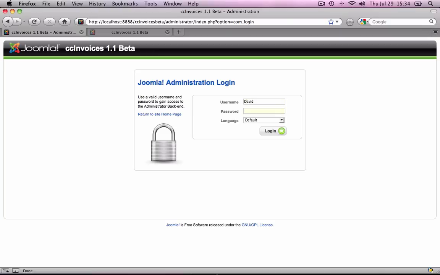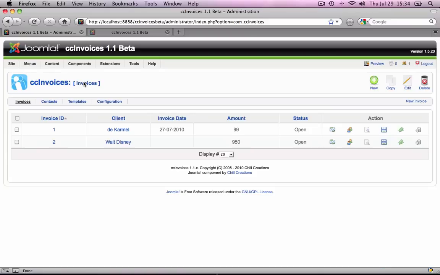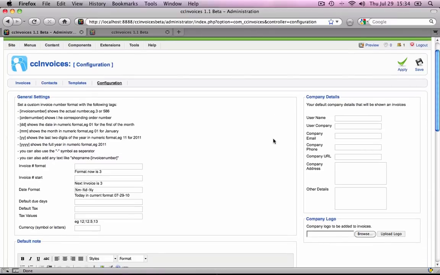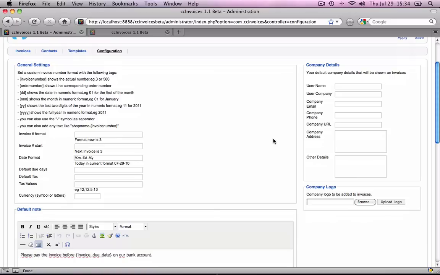It's an extension for invoicing in Joomla, and it works primarily in the backend of your website where you yourself will manage the invoices. So if you go to Components ccInvoices, the first step after a new installation will always be the configuration. You can see that it's still a bit rough, but will give you enough flexibility to change